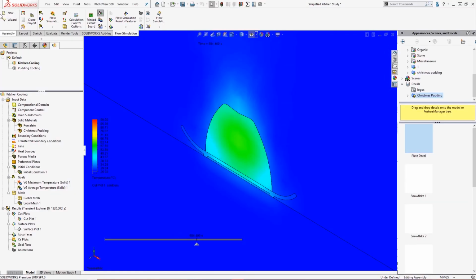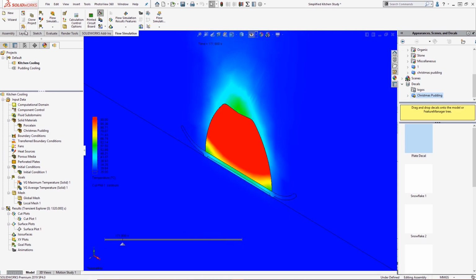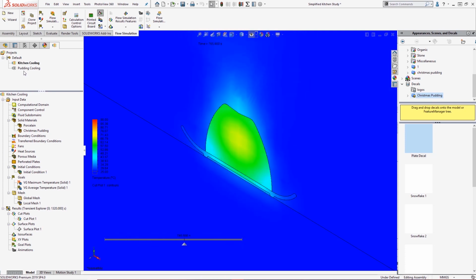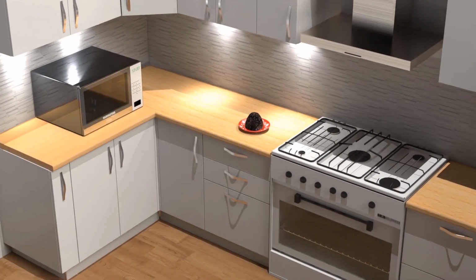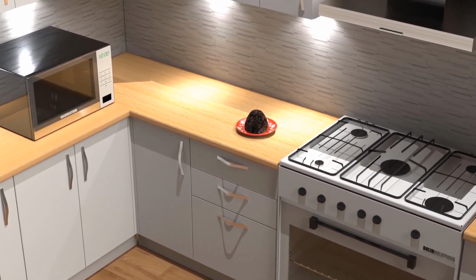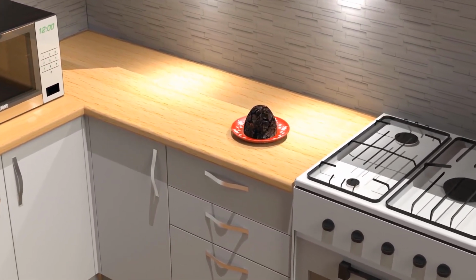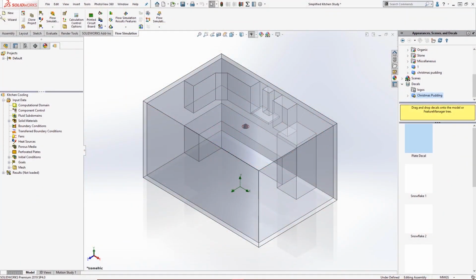Granny's getting impatient for her pudding now, and the kids want to finish unwrapping their presents, so let's find out how long you need to leave this pudding to cool to minimise the pre-pudding entertainment time. Let's get our steam pudding out and pop it on this festive plate on this remarkably clean kitchen counter. Again, we need to use a simplified model, so here's a rather bland kitchen severely lacking in any privacy.